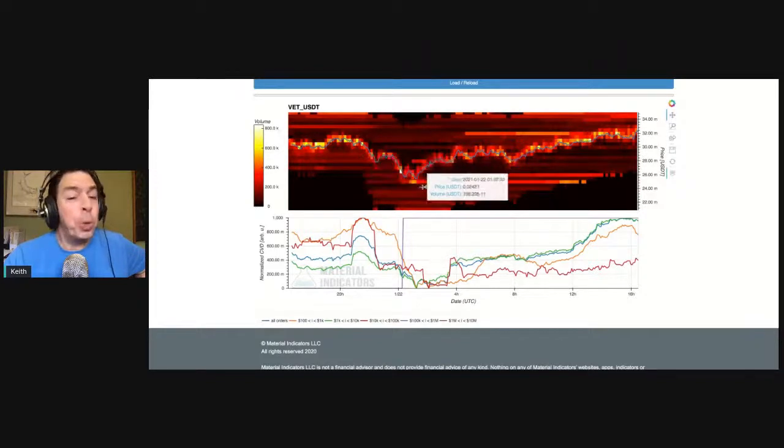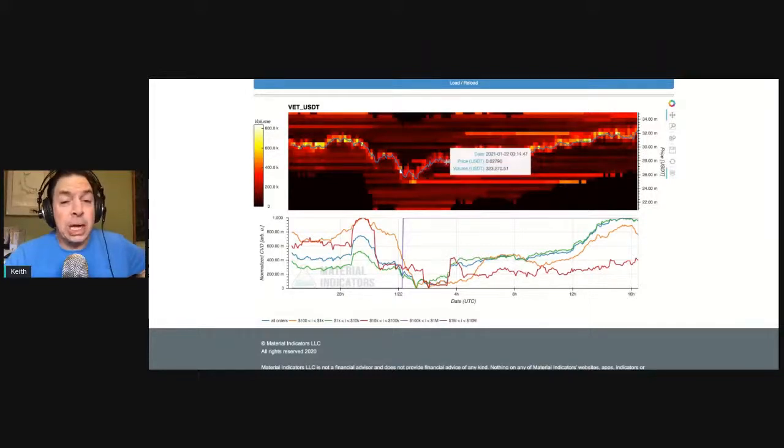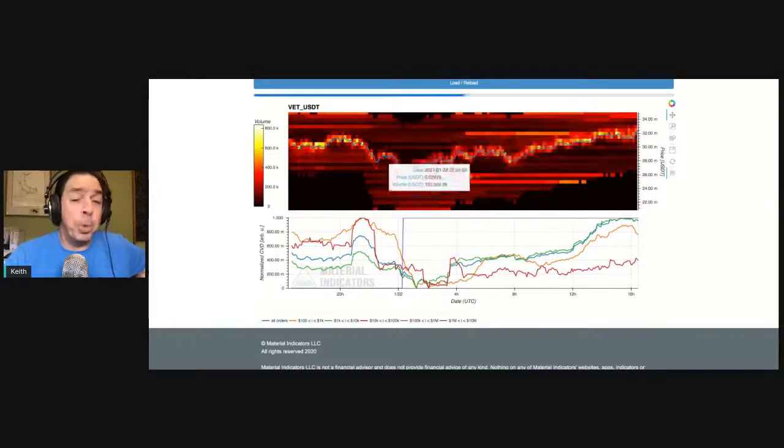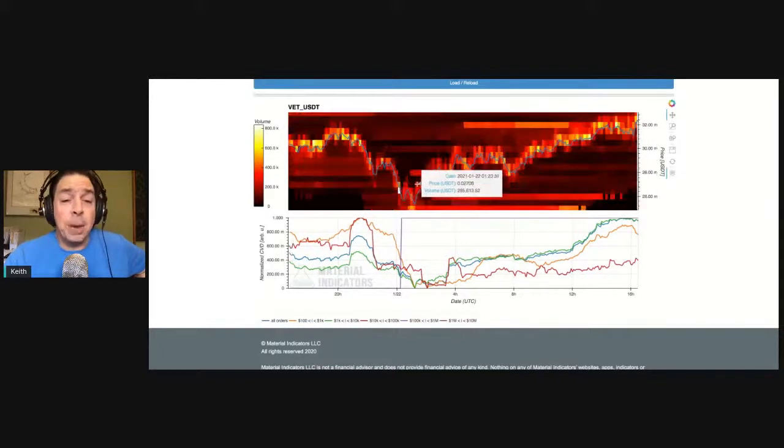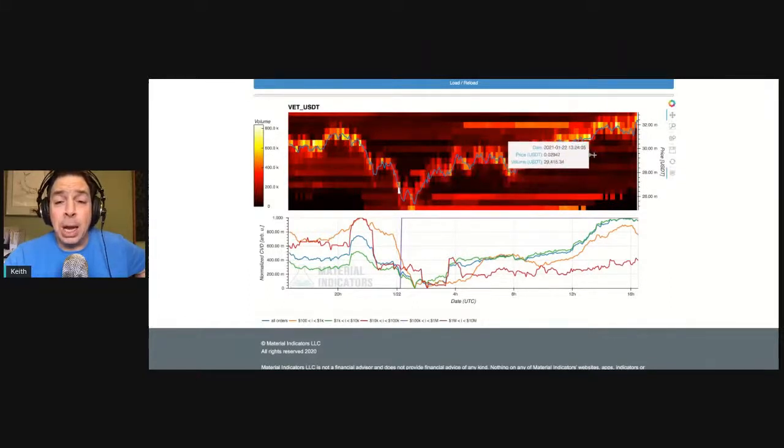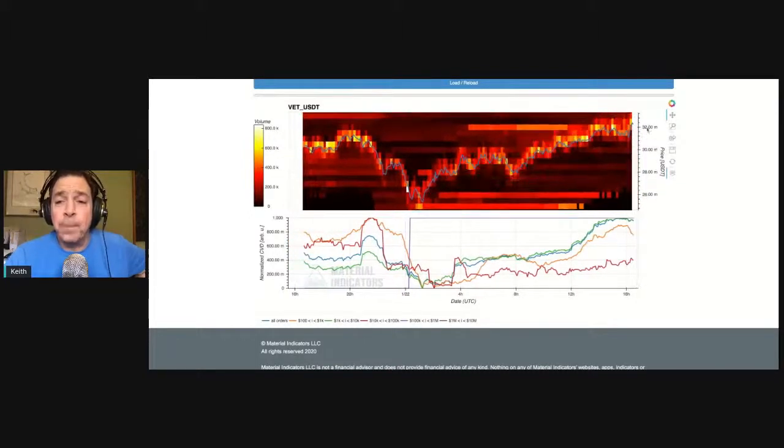And when we see this support laddered in there, it typically, not always, but typically facilitates a move upward in price. And as you can see, as that price went up, the laddering began to move up and has done so significantly. Now, VET is running into some resistance right here. And look what's happening. It's running into resistance, and